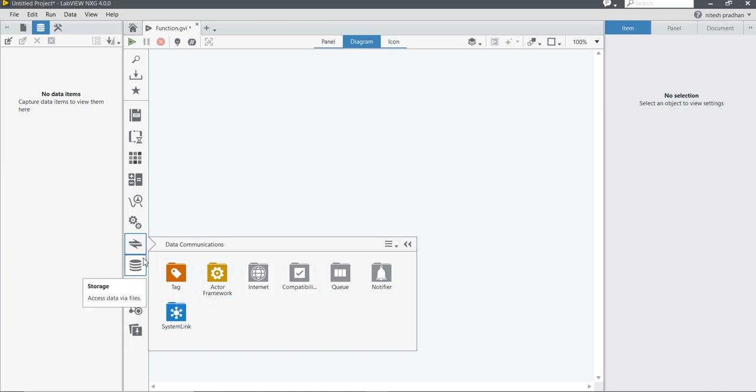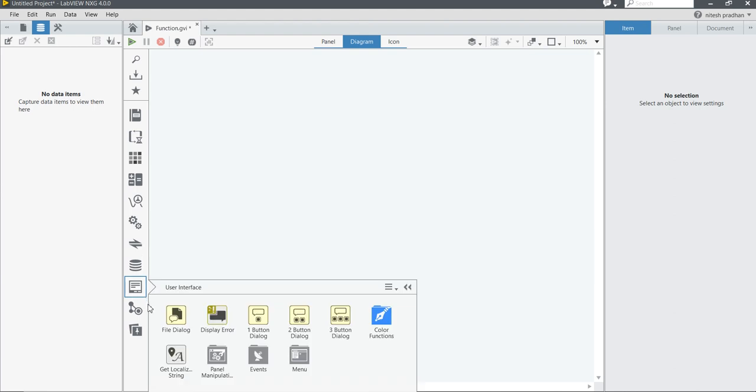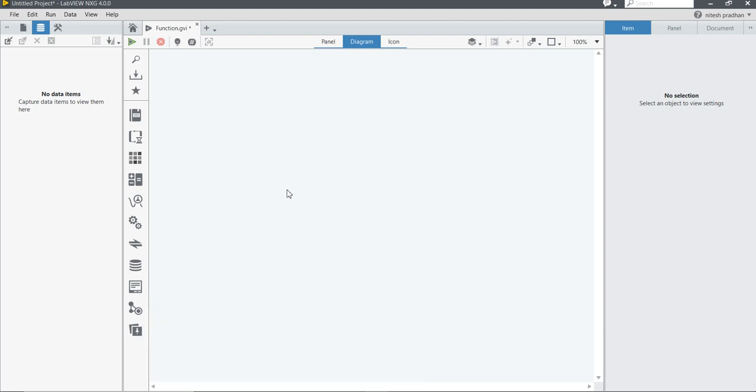LabVIEW NXG is very good for designing web-based applications. It is a user interface platform where you can right click and set the dialog box, as you can in LabVIEW. The same thing is present here, but the look is something different.